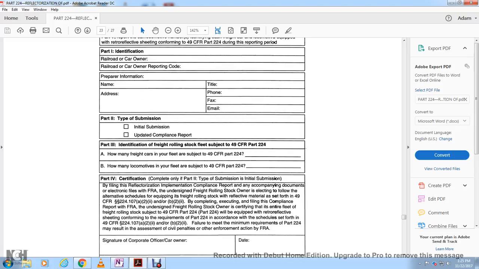Part 2, submission. For the initial submission for filing this reflectorization implementation compliance report with the accompanying electronic schedule, the freight rolling stock owner is filing the schedule for equipment of the freight rolling stock with the reflective material as set forth in Title 49 CFR 224.107(a)(2) and (b)(2), completing and executing the compliance report, with the freight rolling stock owner certifying the entire fleet of the freight rolling stock subject to Title 49 CFR Part 224